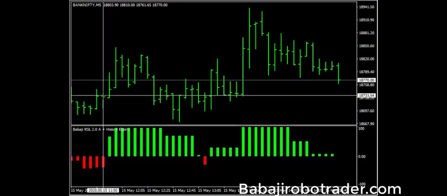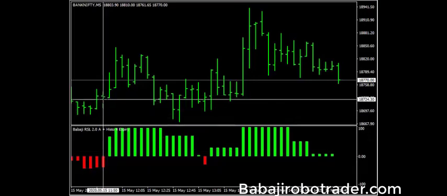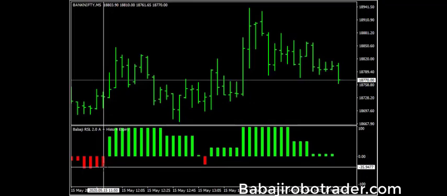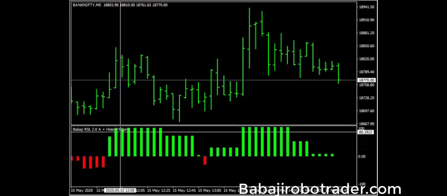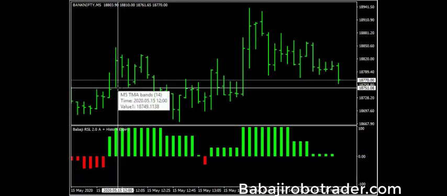Here we can see this candle. We got the first red, and after that we got the green. So here we have to take the buy on the open of this candle. This candle opened, and we are going to take the buy. We can see from here to here, in a single candle, it went up 95 points.